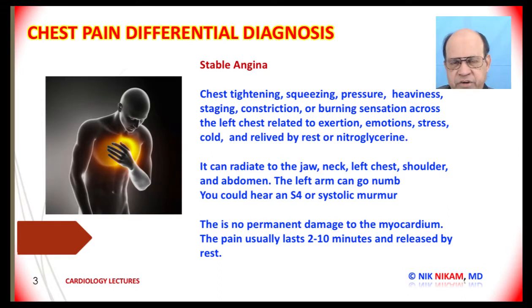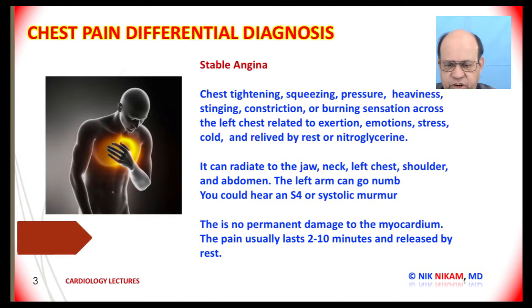What are the characteristics of chest pain that is related to chronic stable angina? Whenever there is reduced oxygen supply to the myocardium with increased demand, it results in chest pain. Now let's talk about stable angina pectoris. Whenever there is reduced myocardial oxygen supply with increasing myocardial oxygen demand, there is development of pain in the precordial region, which is angina. This angina can be felt as a chest tightening, squeezing, pressure, or heaviness, or like stinging,